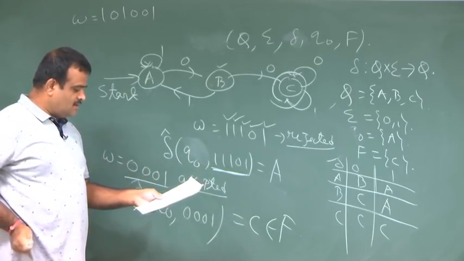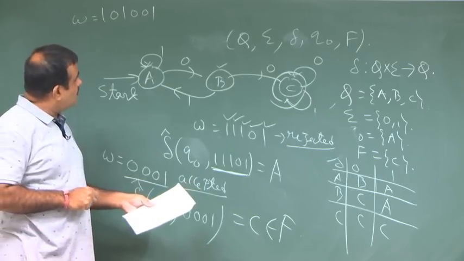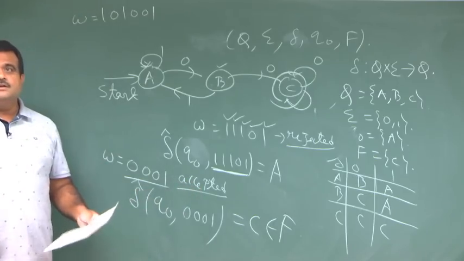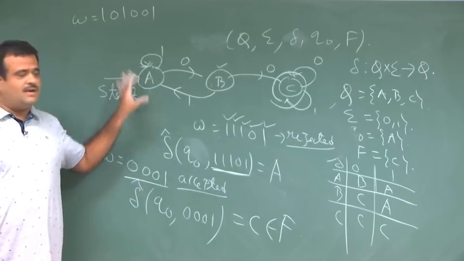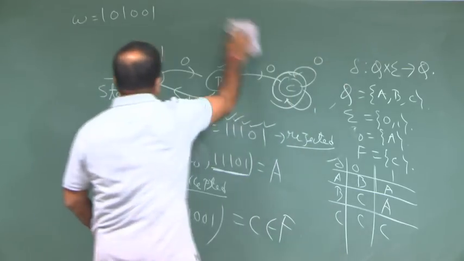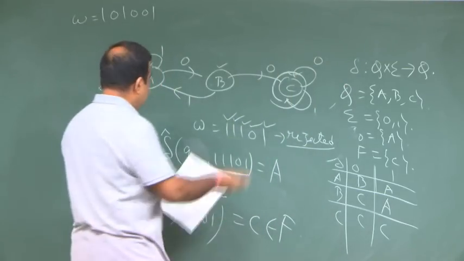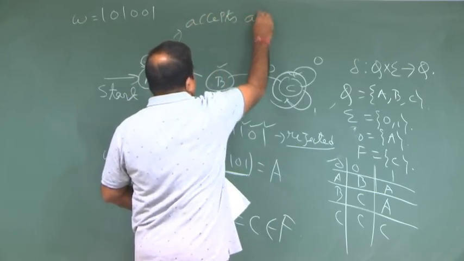Any other string? So, can we have a general formula for the strings accepted by this DFA? Can you write this? So, it accepts all strings